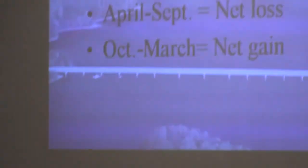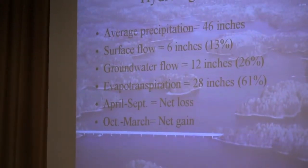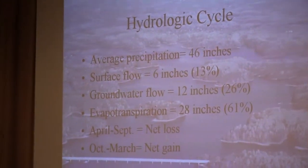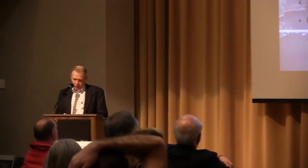And I think we're probably altering the water cycle more with climate change, but there was a study done by the U.S. Geological Survey where they parsed out the amount of precipitation, and they figured out that the average precipitation we get per year is about 46 inches. Now, 13% of that is surface flow, and this is in an average year. About 26% of that goes into the ground. 61% of that is taken up by the trees. And from April to September,